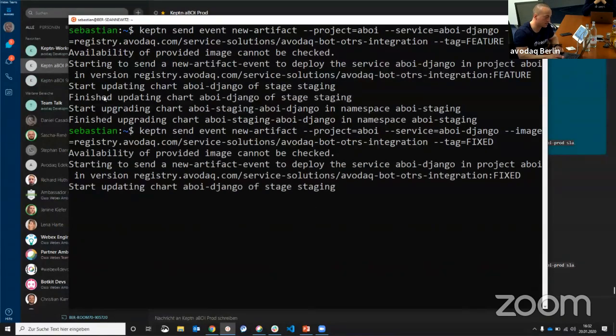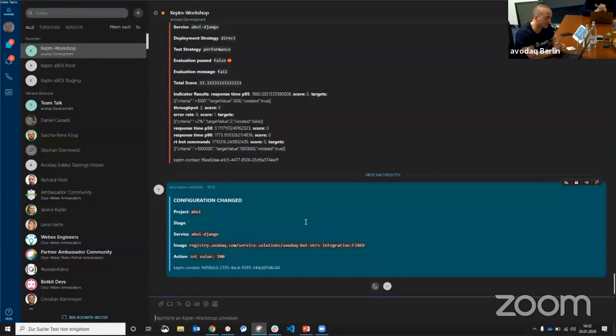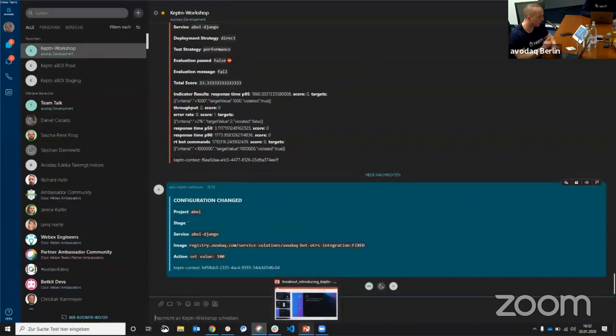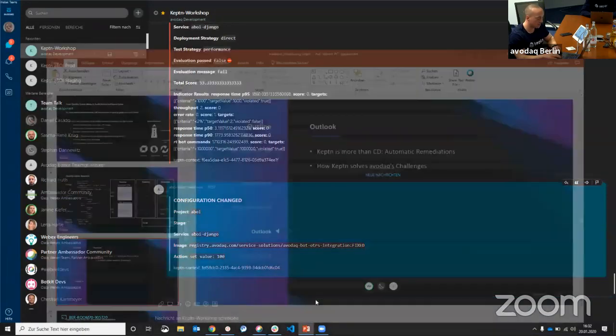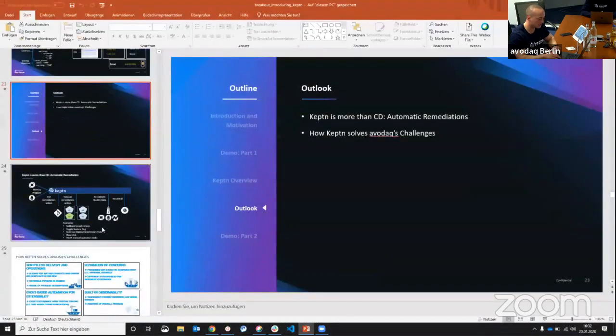And now, as you can see in the background, Keptn detected another configuration change, and now we will run exactly the same setup. In staging, the new image is directly deployed, and the command will still be accessible. But now, hopefully, our new deployment will pass the SLIs and the SLOs and will get promoted in the end to the live environment. And with this, I think I will hand over back to Andreas, and you talk a little bit more about the details. Am I right?